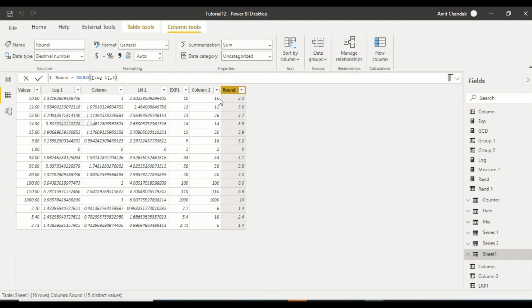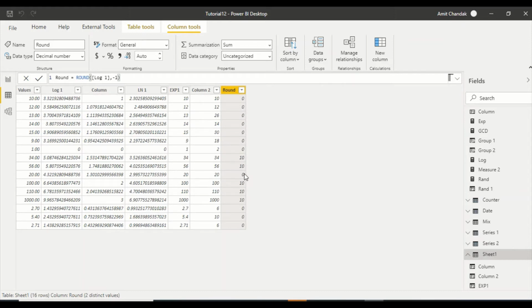Now it is 2. This is 8, so this is going to get the next decimal place. This is again 0. This is again 6, so this is going to get the next decimal place. Okay, let's say we round to 0. So round to 0 means 3, 4, depending on this. And let's say if we round to -1, what happens?